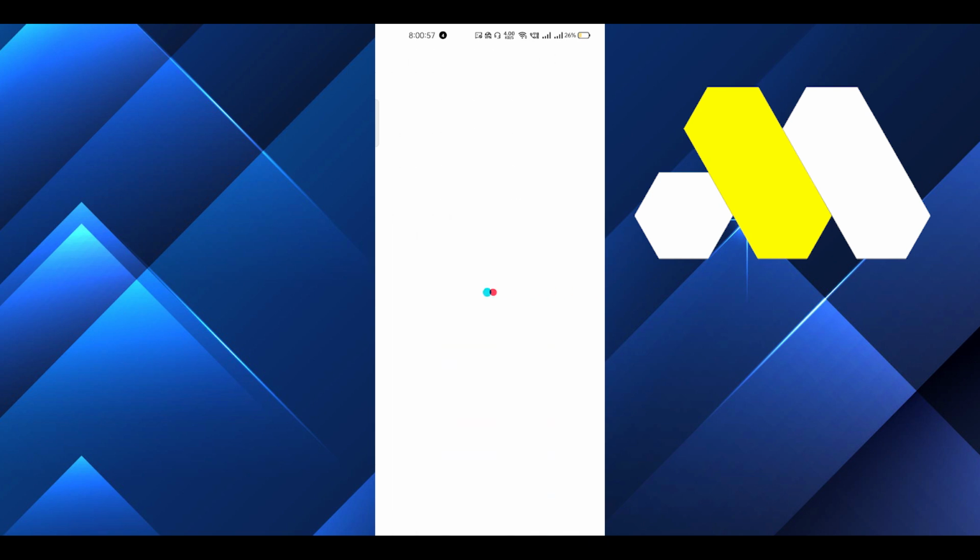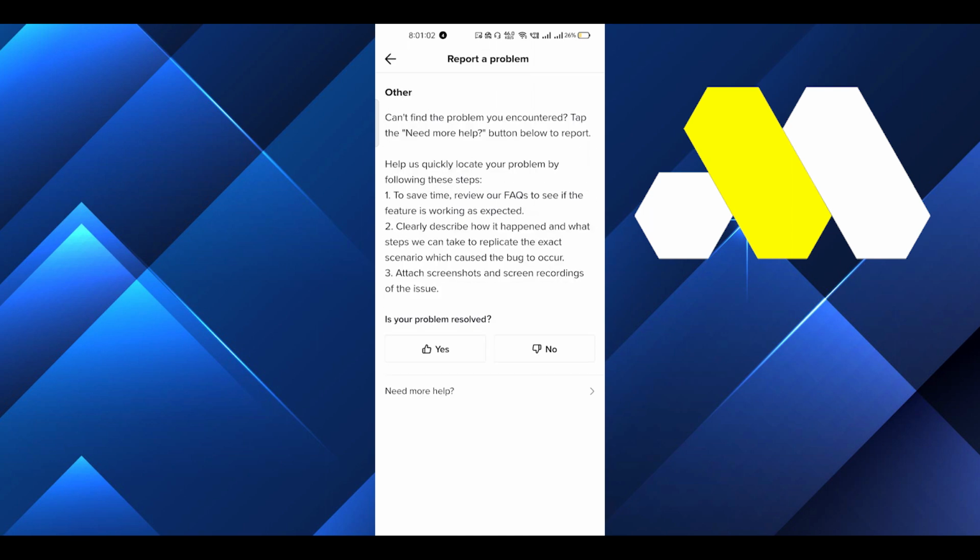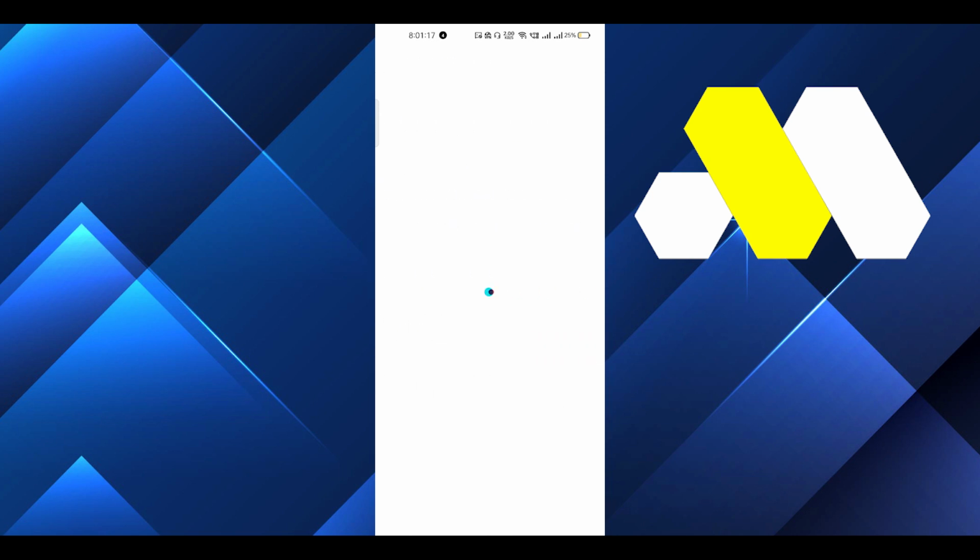because this could be the best option for this issue, because this warning is basically issued by a bot, not by a human. So sometimes it happened mistakenly by the bot, so you can just report this problem and a human will check your account and it will ultimately fix your problem. So just click on no and just click on need more help, and after that it will open it up,